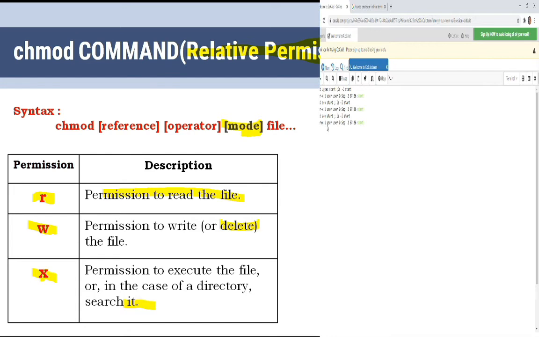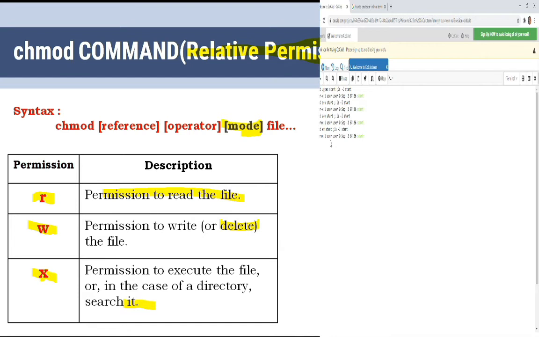Then if I do not specify any character while giving the permission, for example just plus W for start, then ls, then start, by default the A reference will be taken.